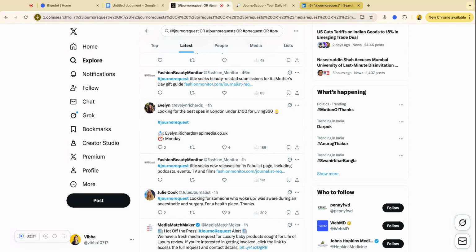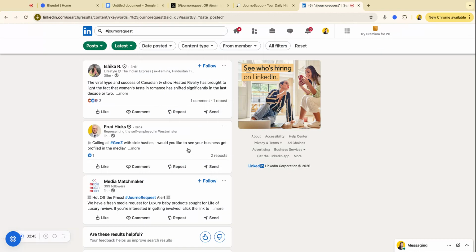When I say tracking too many topics, it is when you're not focused on any one particular topic that is relevant to your expertise and you're distracted seeing so many queries and so many posts that are posted by the journalists. Second, when you jump on pitches too fast, it again shows inconsistency and distraction that, of course, impacts the quality of the pitch that you send to the journalist.